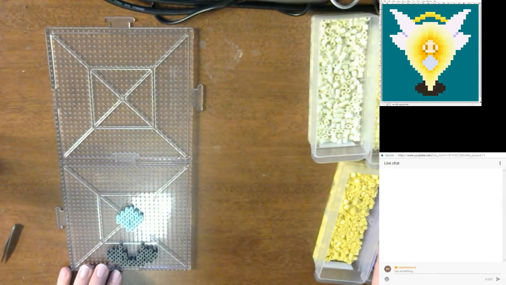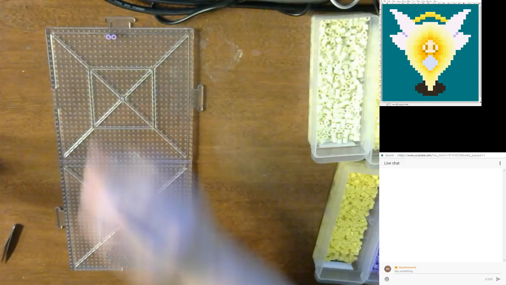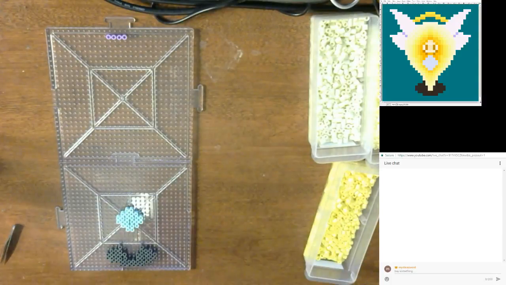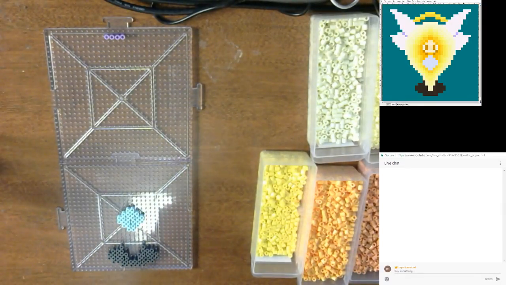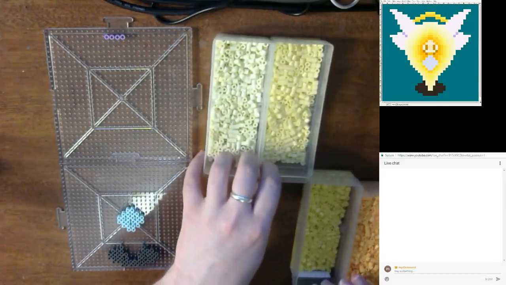I need all of 4 bits of lavender, so for the break in the wings, I'm just gonna pop these on the board out of the way, so I can move the lavender itself out of the way. Okay. We are in down. Let's do... So it has... 1, 2, 3, 4, 5, 6. 6 shades going yellow, orange, it looks like, plus a brown and a tan. So if I do...